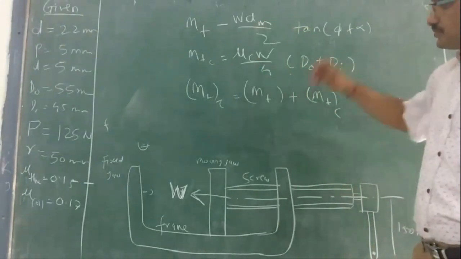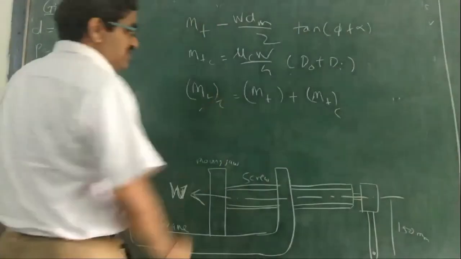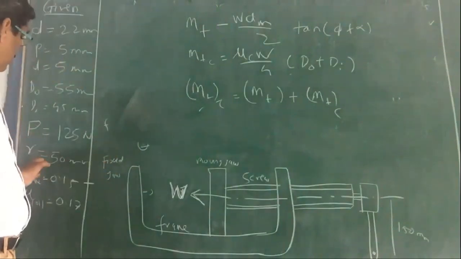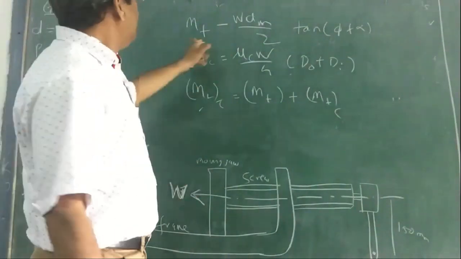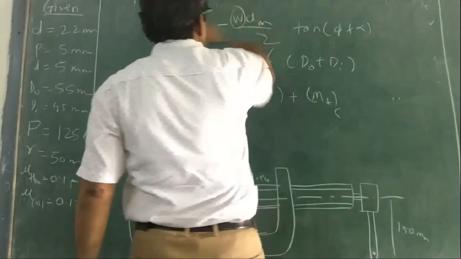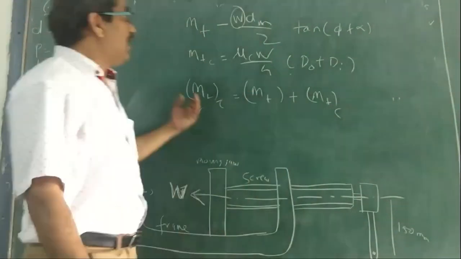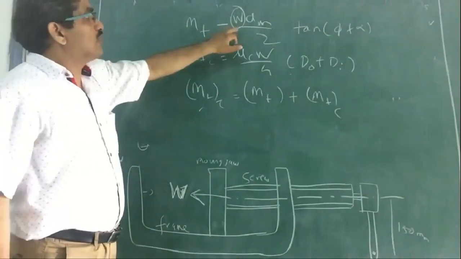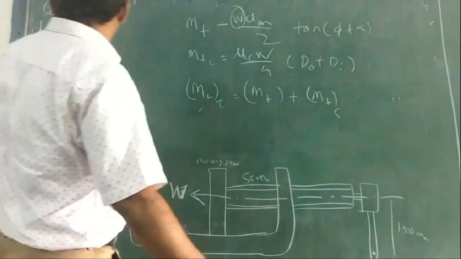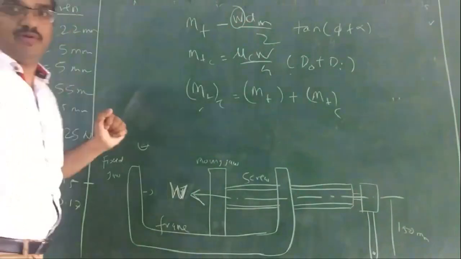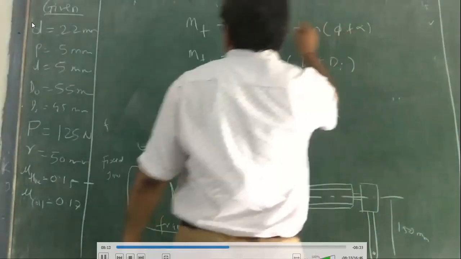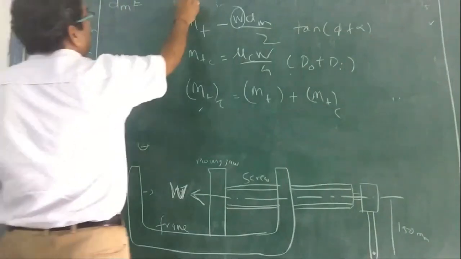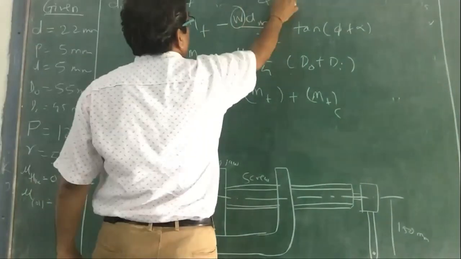Okay. So now we can find this easily. This total torque is equal to the torque input, which is P into R. This we can find. In MT, we have to find out W, what is the load applied with this jack, or what is the effort output we will get. Dm we can find from the nominal diameter D. We have to find out Dm, then phi, then alpha.